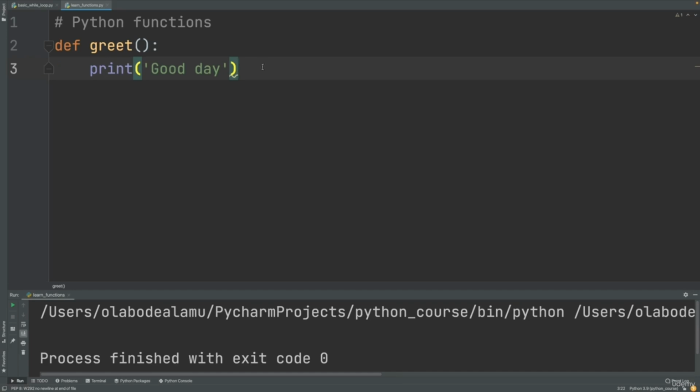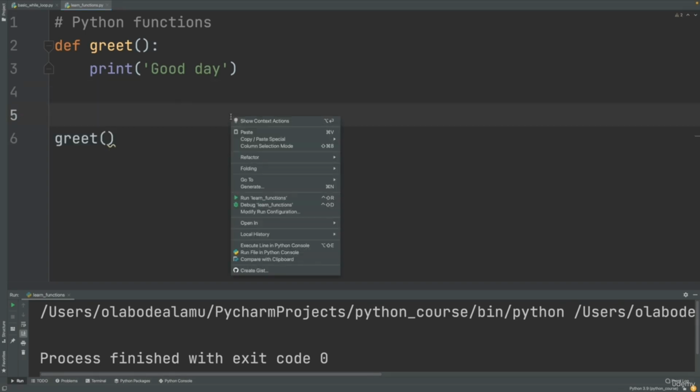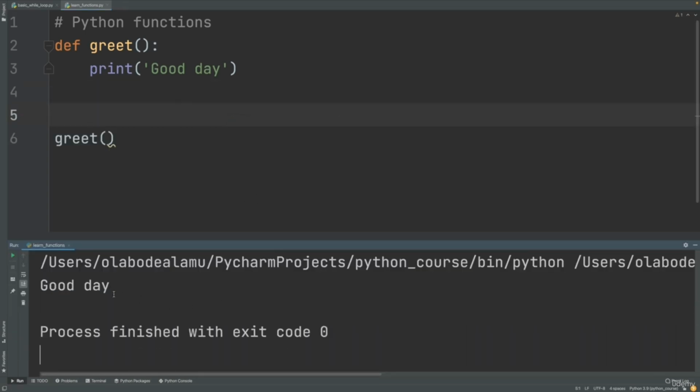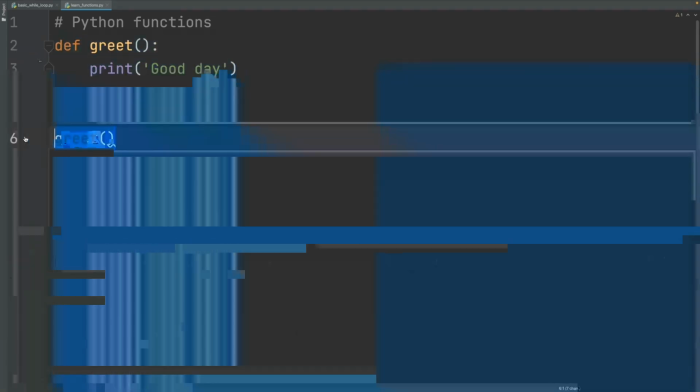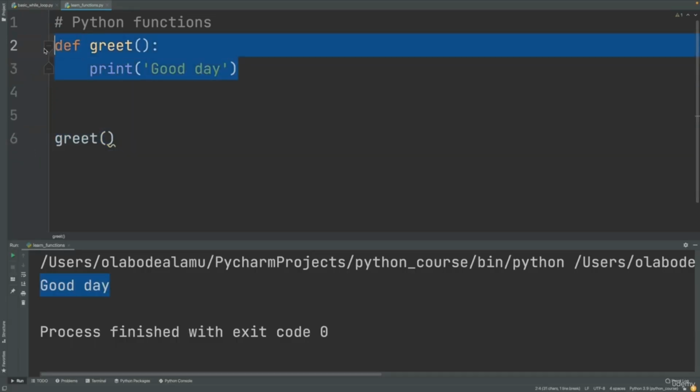Now, for you to use this function, because the whole point of having a function is for you to be able to reuse the function, all you have to do is to call the function. You call it this way. And if we run this code, we'll see good day is printed out. So this is just an example of how basic a Python function is. And so I've shown you how to define a function and then how to call a function. So that's good. Now we can go on to